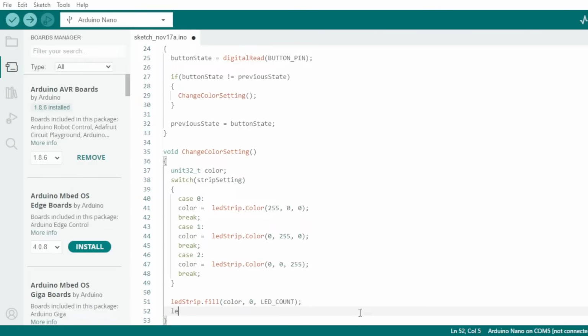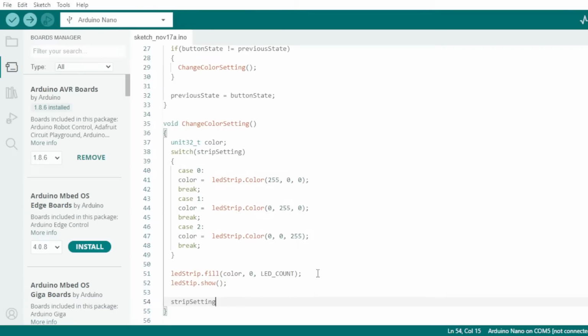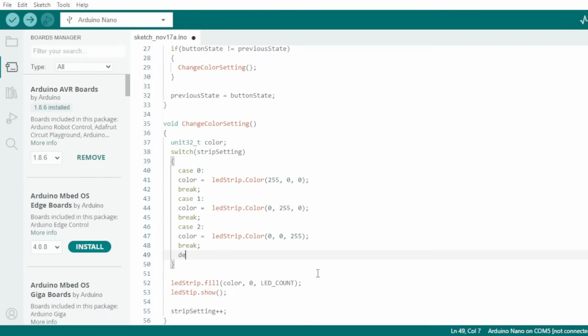And then once you've defined how you want the strip to be set up, you have to show it. And then what we will do is increment strip settings++, and we'll add a default case here that's gonna say